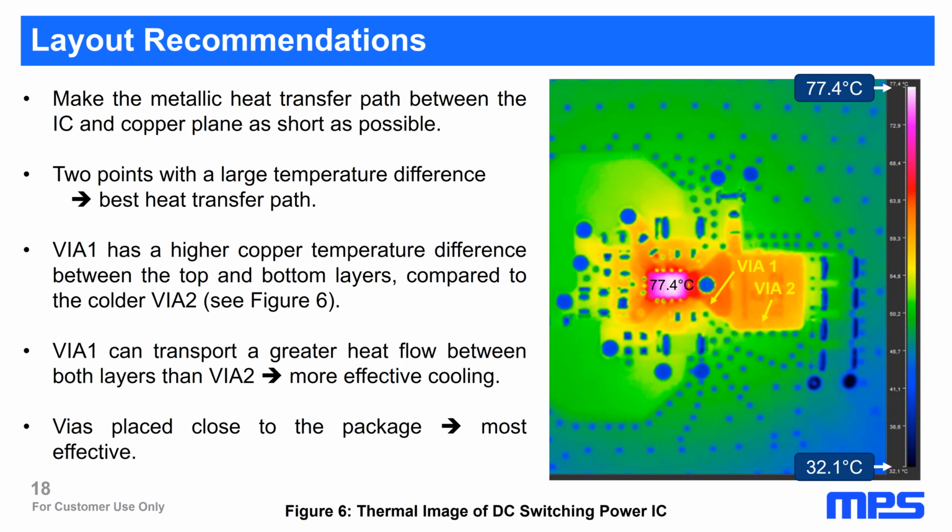So therefore, place the vias as close as possible to the pins, but not too many of them, because when you have only vias here, then you have a lot of holes. And if you have many holes here, the very valuable top layer is reduced in copper. So you have to find a good balance between the number of holes of the vias and the top layer. The top layer is the most important one to dissipate heat.